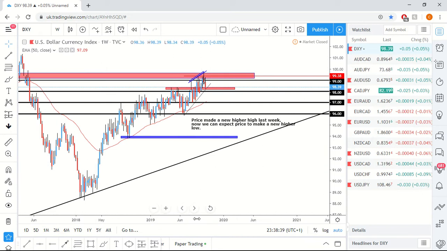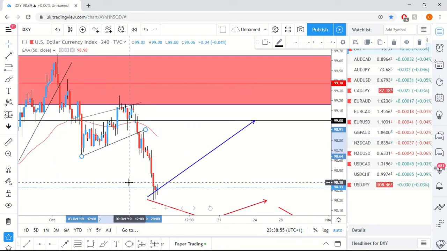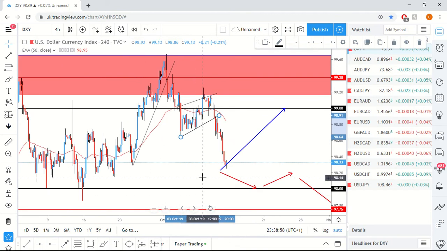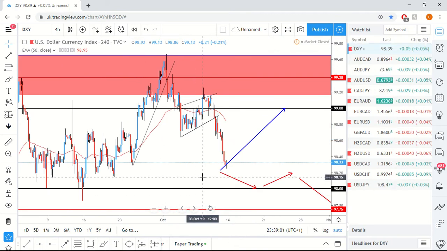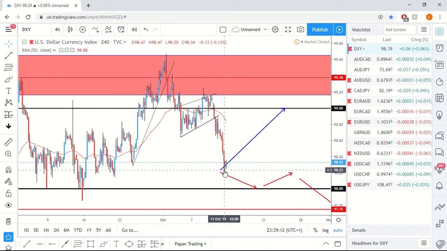So following on from this, if we look on the weekly, we can see how impulsive this move has been to the downside. As you can see here, off of this key high, we've come down quite impulsively to this new level, and on the lower time frames, on the 4 hour, we can look at the correction that actually caused us to go into the Euro USD long position. We had this series of correction. Price then had this third touch, broke out, retested, and then came down pretty impulsively on Friday evening, which those in the RF members group would have caught alongside me.